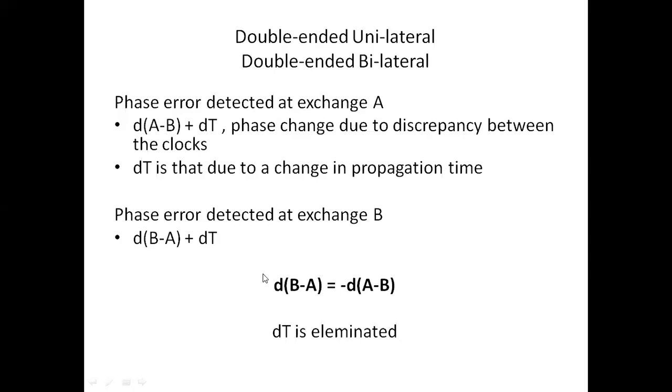What they do is make sure that each feedback given from exchange A to exchange B, and from exchange B to exchange A, is out of phase with one another. As you can see, the difference B minus A should be equal to minus the difference d of A minus B. These two phase differences are made to act opposite to one another, with a 180-degree phase shift.